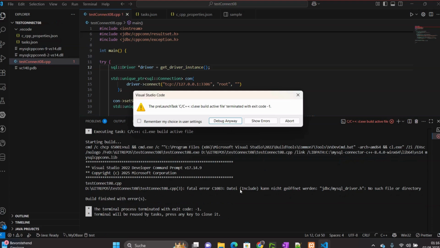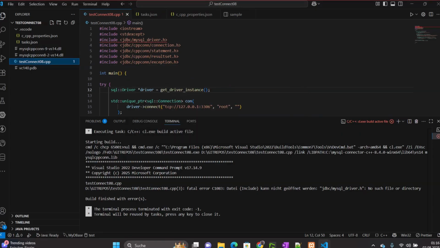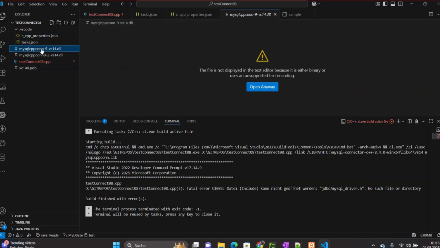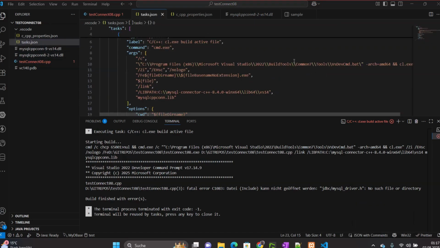Why is it terminating? Include no such file exists. Okay. Why, if we go, include no such file exists, okay,